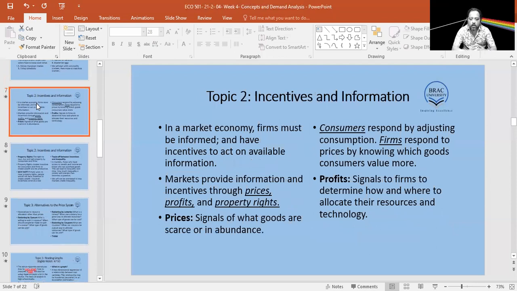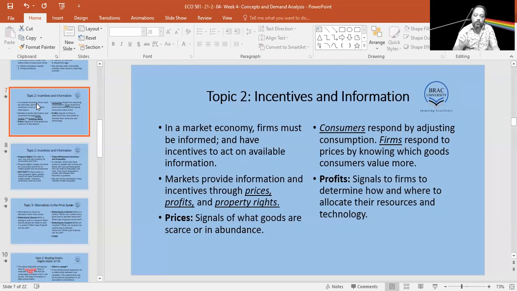Now, the first thing that a market also does after large-scale cooperation and no central coordination, if there's perfect competition, a market will only function if there are well-distinguished property rights, and clear signals of prices and clear profit signals. Now, what are property rights? Property rights is that I, as a buyer, reserve the right to buy. You, as a seller, reserve the right to sell. This thing is very well established.